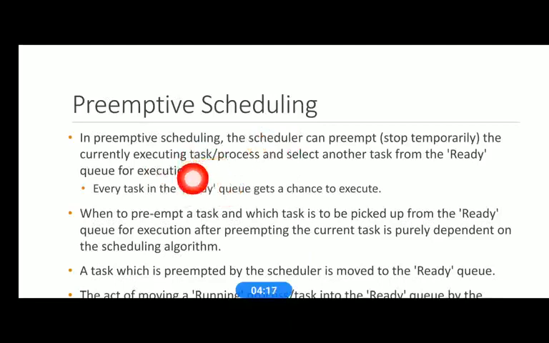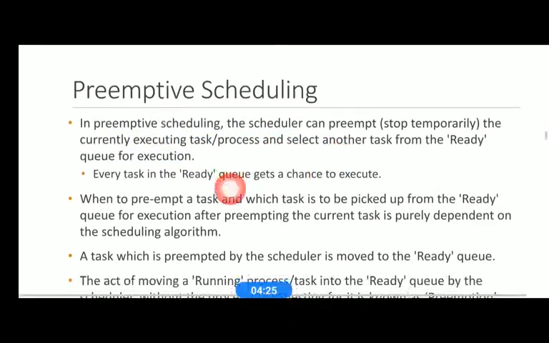Let's see what preemptive scheduling is in detail. In preemptive scheduling, the scheduler can preempt, so we said it forcefully stops the running task and allows another task in the ready queue to be executed.